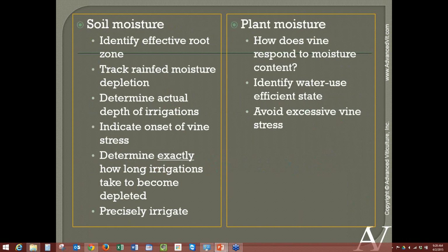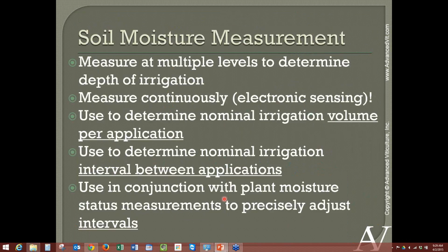I can't say enough about how much I've really adopted these as a primary tool for my work. These are some things I think are important when we're talking about soil moisture monitoring. I believe it's important to measure multiple depths of moisture. Putting one sensor in at one depth tells us a little bit, but it doesn't tell us nearly enough. So I really want to measure